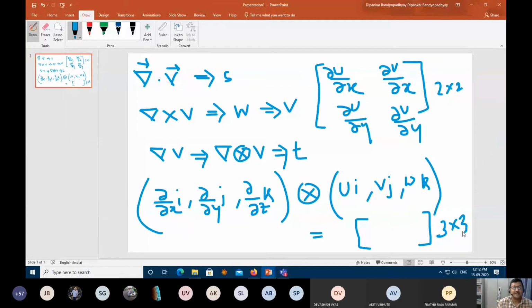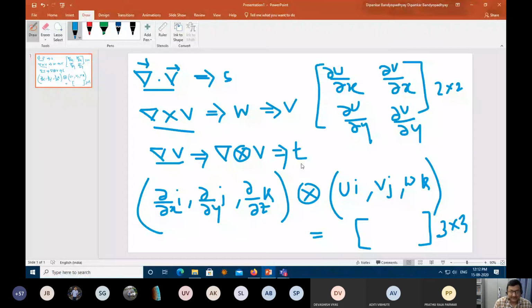It is not the divergence. This is what is called the divergence. This is called the curl, but this is called the gradient of velocity, which is the first instance of the tensor. Which leads to a generic meaning that, suppose a scalar is a 0th order tensor, a vector is a first order tensor, and this tensor is a 2nd order tensor. Then it can be a 3rd order tensor, then a 4th order tensor, then an nth order tensor.